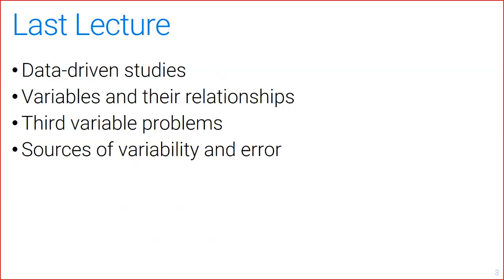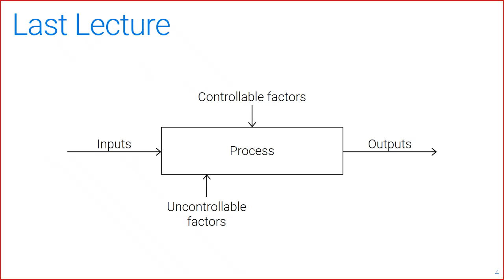So what we saw on Monday was everything about data-driven studies. We talked about the variables, the relationships, what kind of relationships we look among variables. We talked about third variable problems, things about the confounding lurking variables, Simpson's paradox, and then sources of variability and error. And we saw that we are always going to have some kind of systematic error if our measurements are not the best, and random error always because we study samples. So we're going to focus more today on this last part on samples. And we talked about everything from this perspective of